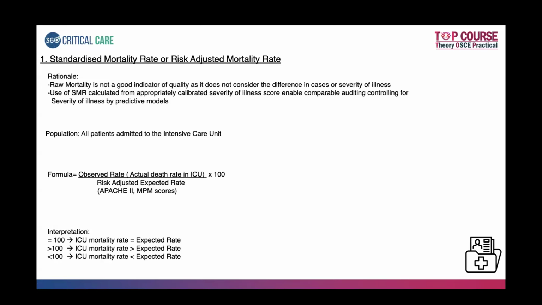See, you have an ICU where you had 100 admissions, and among that, 10 patients had died. So you take that number of patients who have died as a percentage and divide it by the risk-adjusted expected rate. That is the Apache 2 score. For every patient who comes, you do a calculation and get a certain number. The best number I can say is 25. For an Apache score of 25, you will have a predicted mortality rate of 52.5%, which will be quite accurate. So you need to divide this observed death rate by the risk-adjusted expected rate based on the